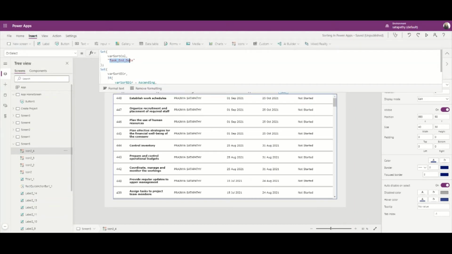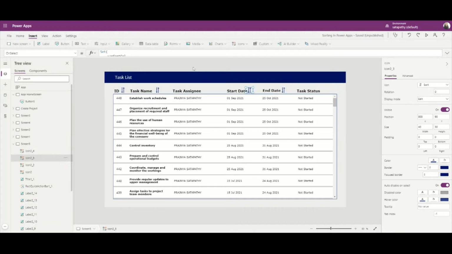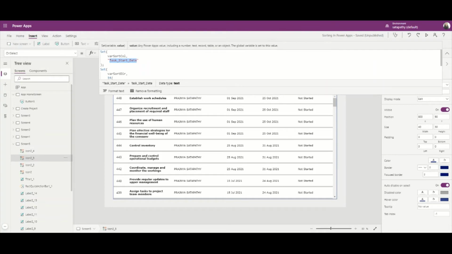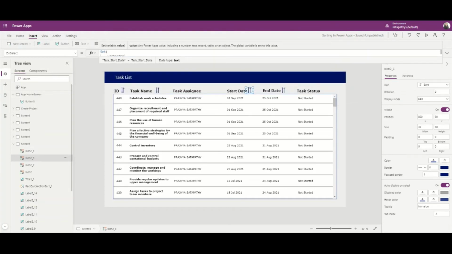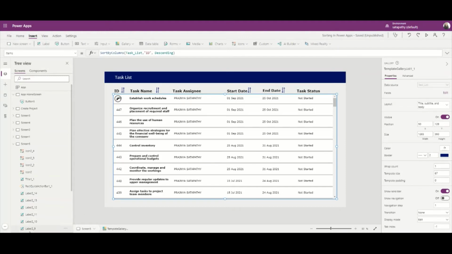Yes, I have changed the column name to task end date, and similarly in the task start date, change the column name to task start date.